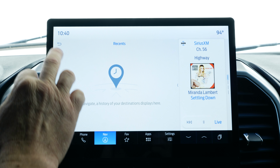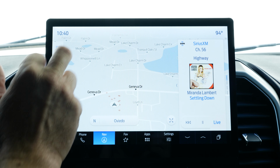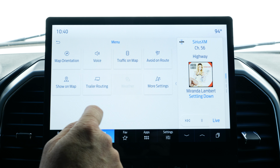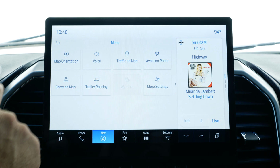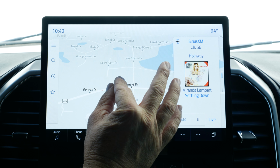You get to go to recent addresses. You can obviously say your home and your work address. Just works really, really well, and be able to come in here, and if you want to adjust more things, you can come into this menu here and do that. So really cool. It's got pinch to zoom,